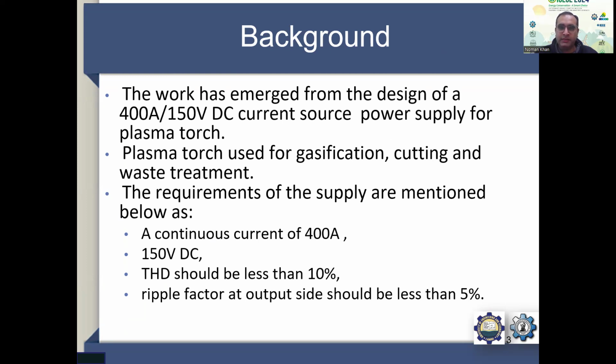Regarding the background, this work has emerged from the indigenous design and development of a 400 ampere, 150 volt power supply for the plasma torch. Plasma torch is basically a device that can be used for the gasification, cutting of different materials, and reshaping of the complex geometries of the metals, and for the waste treatment. Moreover, it can be very beneficial in the waste treatment of medical waste that otherwise cannot be done through the